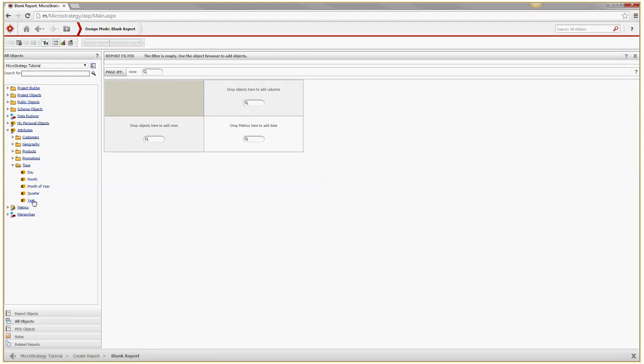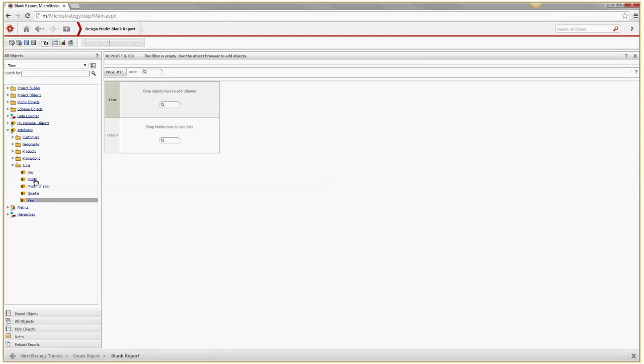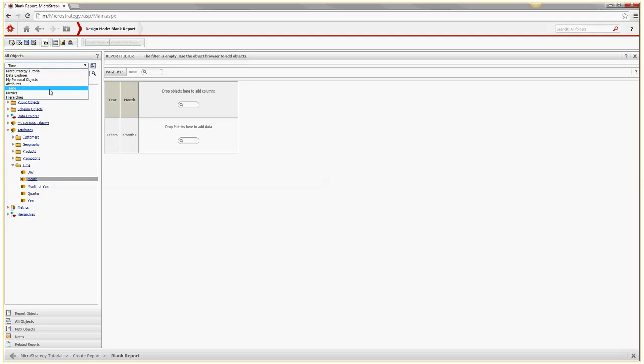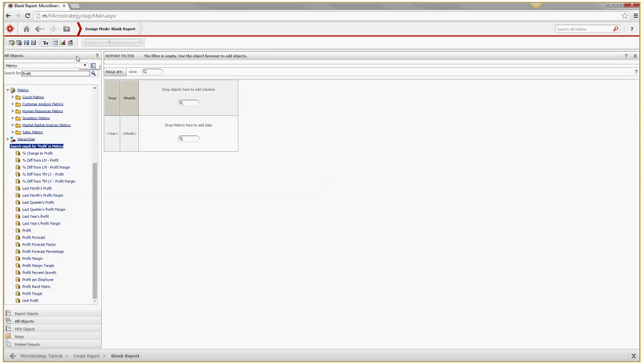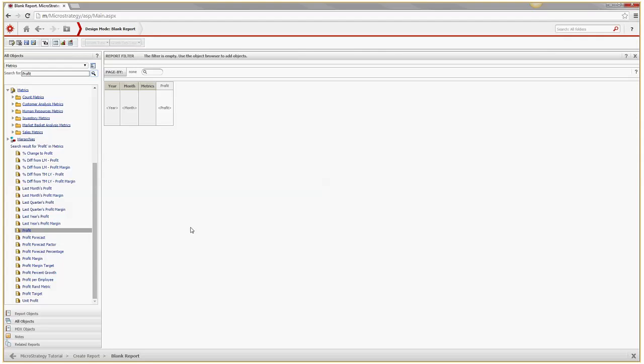Here is my year, here is my month, and I'm going to go to metrics and search for profit, and add it to my column. So this is my report template. Let's run this report.